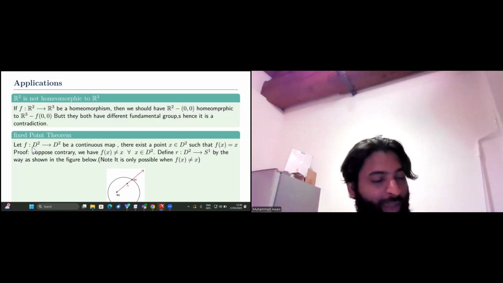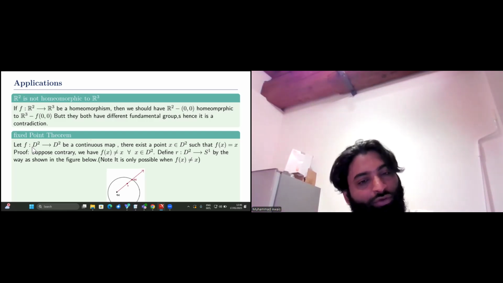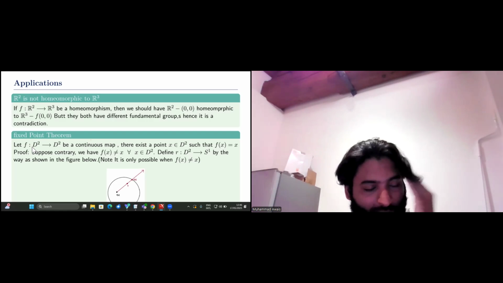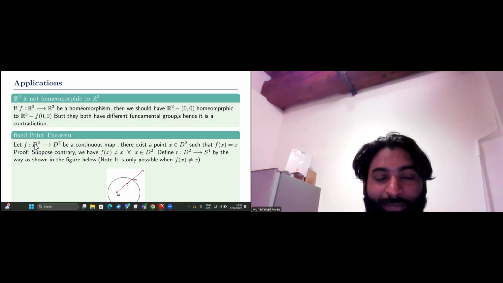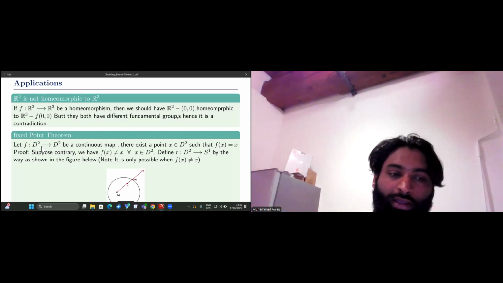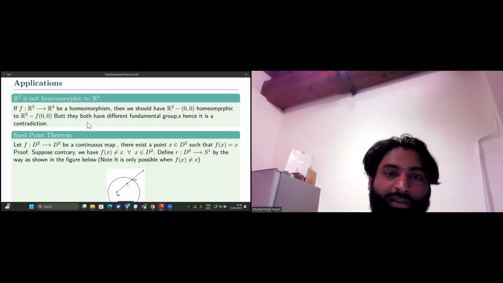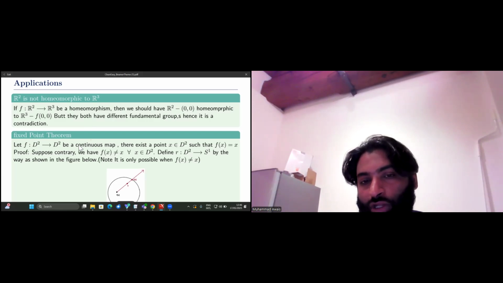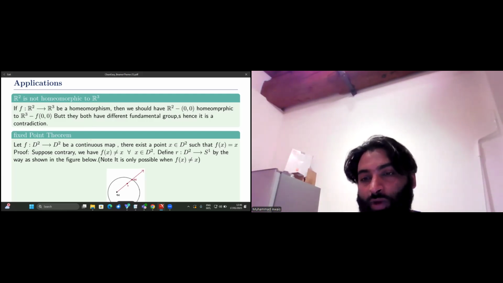You have seen this in the one-dimensional case. Whatever continuous map you have from an interval to an interval, there should be a fixed point. Everyone in bachelor, I hope, is aware of this statement. Using maybe the intermediate value theorem, one can prove it easily. But for the disk, at dimension 2, it is actually a very non-trivial statement. But using the fundamental group, one can prove it. So let's see. We have a continuous map from D2 to D2, and we want to prove that there exists a point x such that f of x is equal to x.